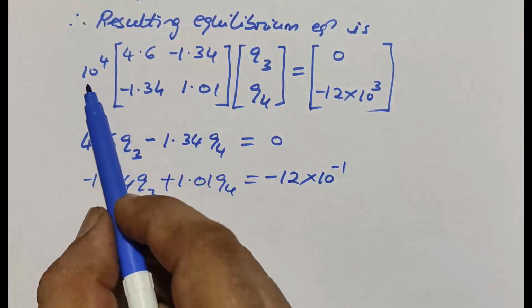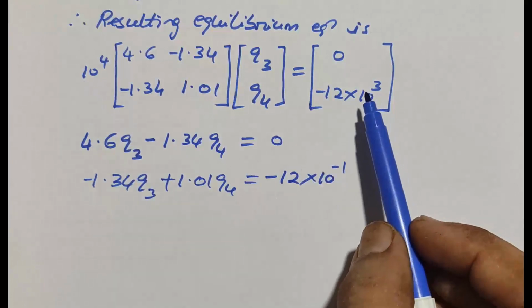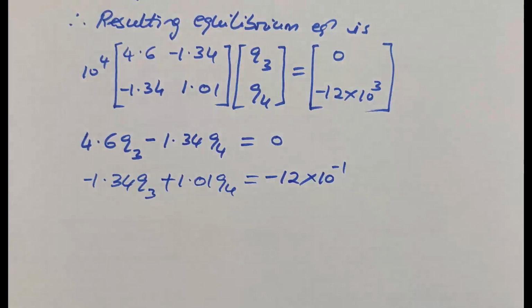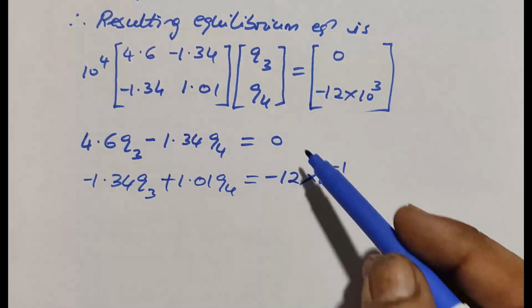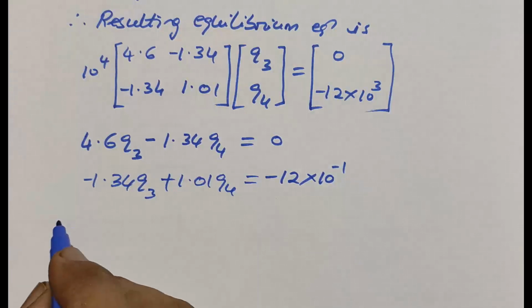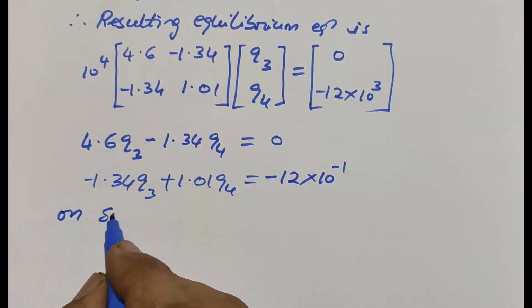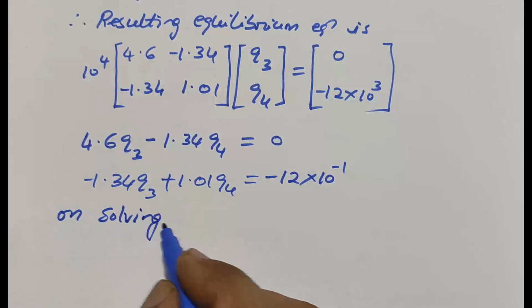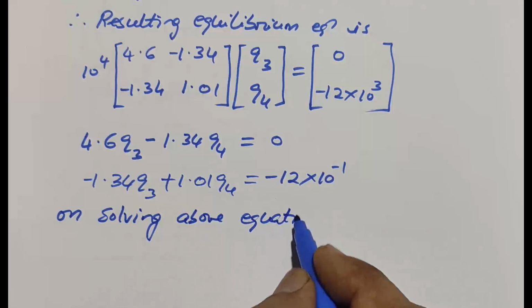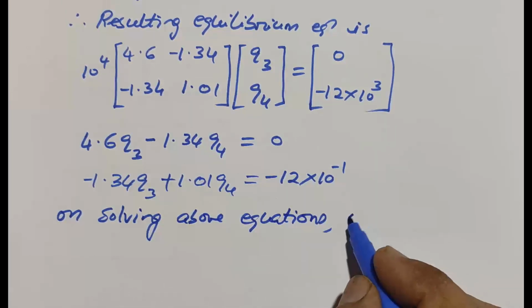I have taken this 10 power 4 this side, so it becomes 10 power minus 4 into 10 power 3, it becomes 10 power minus 1. Now if you solve these two equations, we will get Q3 and Q4. So on solving the above equations, we get